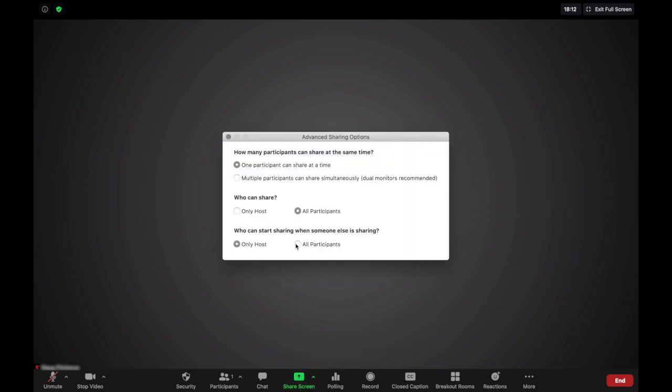Also, under the Share Screen button, the up caret has advanced sharing options. These settings will also control if you will allow participants to be able to override someone else's share, or if only the host can do that. And it is recommended that you leave this setting on only the host so that the teacher always has control